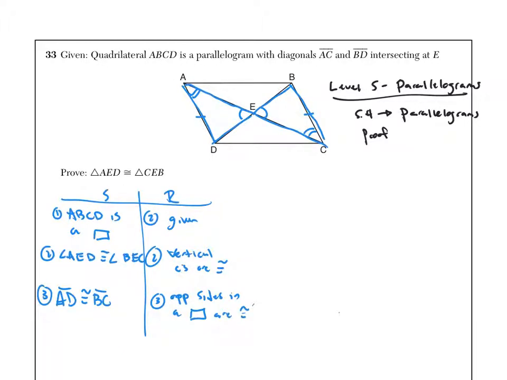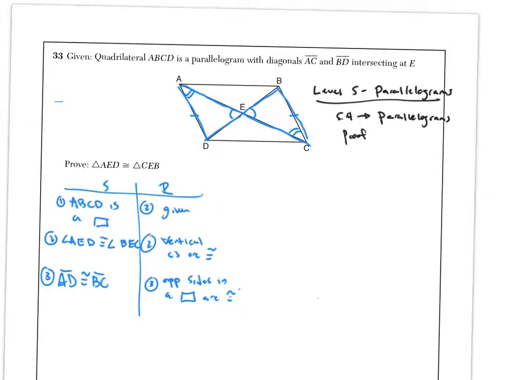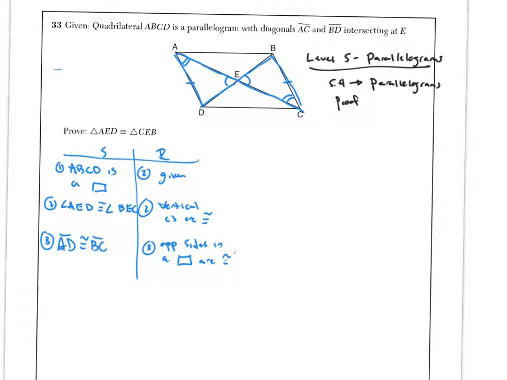And next, most people would say, okay, let's talk about the alternate interior angles. But we don't know alternate interior angles are congruent until we know that the opposite sides are parallel. So first we have to state that these lines are parallel before we could talk about alternate interior angles. So I'm going to say AD is parallel to BC